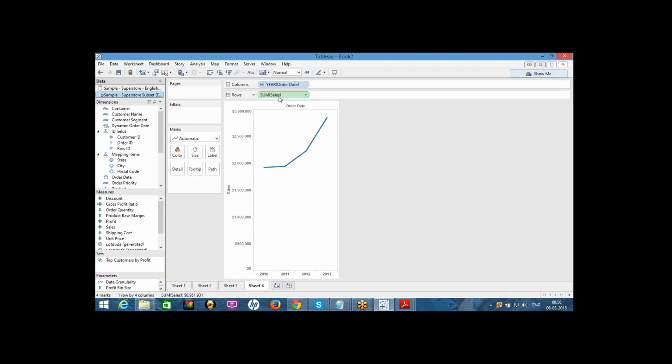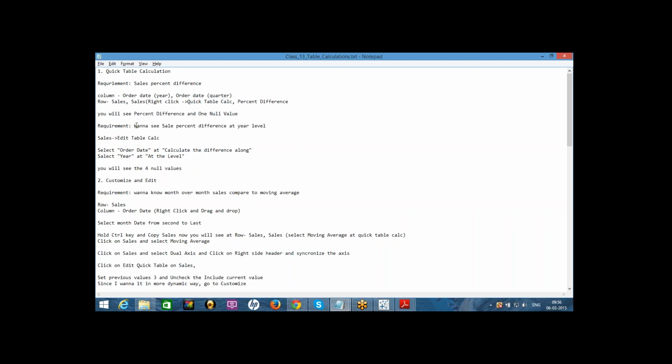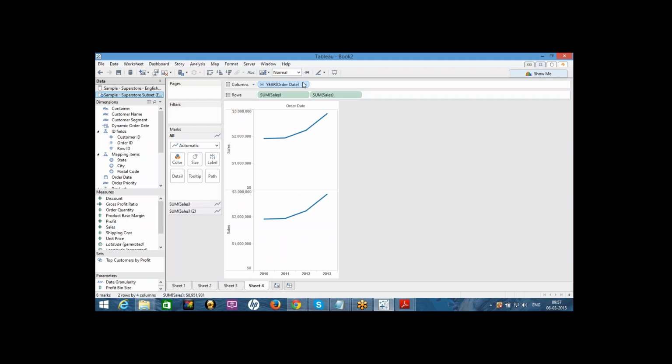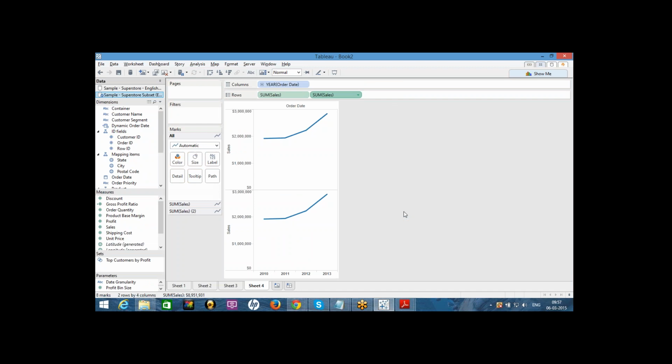Before that, let us hold the control key and take the sales, copy sales and put it beside, apply, take order date also by holding this, and let's apply a table calculation called percent difference.